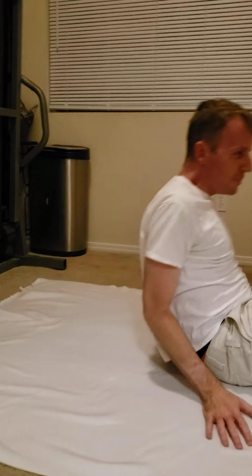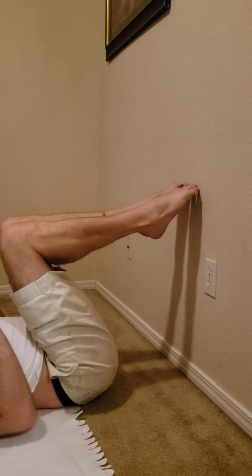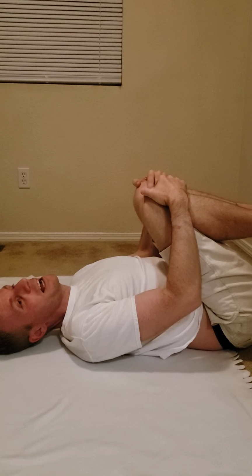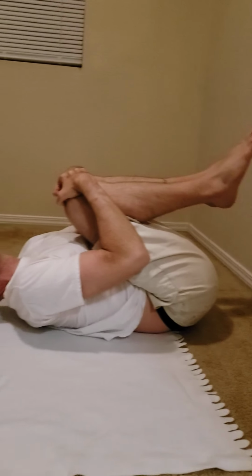All right? I can even put myself right up towards the wall and help push off the wall. All right, and I can bring those knees even closer and closer. I'm not really that close to the wall, but you get the point that I can put my feet up on the wall. I can put my butt all the way up to the wall and bring those knees as close as they'll come to my chest. And however far they come, try to get that tailbone up off the ground so that what's touching the ground is just my spine. I'm going to roll my shoulders in